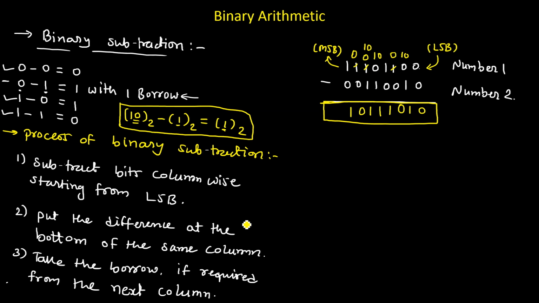But the subtraction technique we have seen over here is difficult to implement in digital devices like computers, mobile phones, or any other electronic devices. So that's why computers use second complement representation to implement negative numbers. Now let us discuss how to subtract the given binary numbers with the help of first complement or second complement.